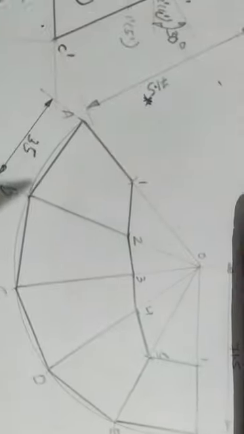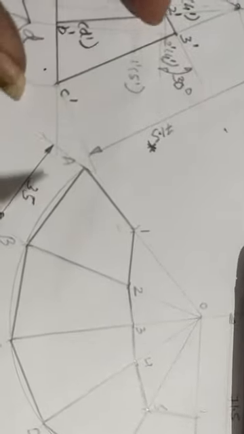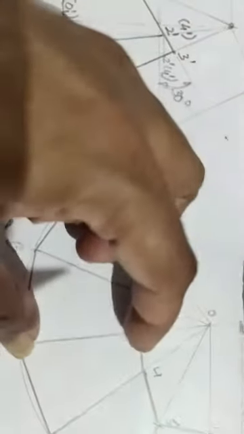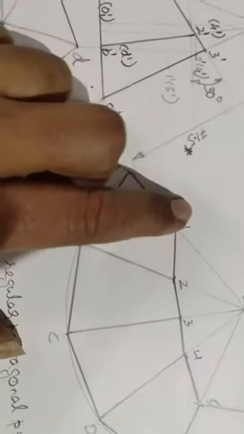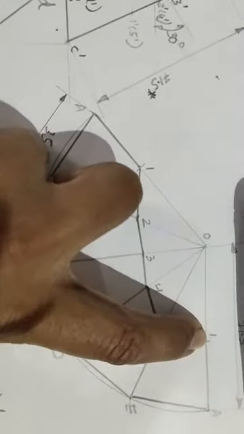Is it clear? Then 2 you have projected here on this edge parallel to VP, 2 and 4. Don't measure this length, measure this length, 2, 4. So from B cut 2, from D cut 4, since both are of the same length. 3, I need not worry. 3 is on the parallel edge itself. So 3 you take, on C you keep, you cut this. Join 1 to 2, 2 to 3, 3 to 4, 4 to 5, 5 to 1.